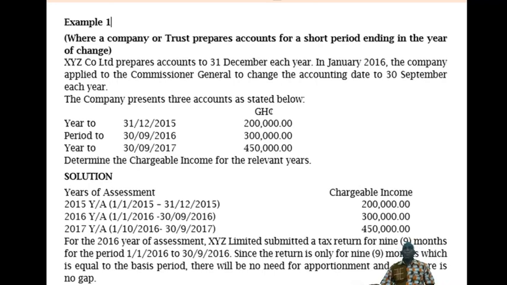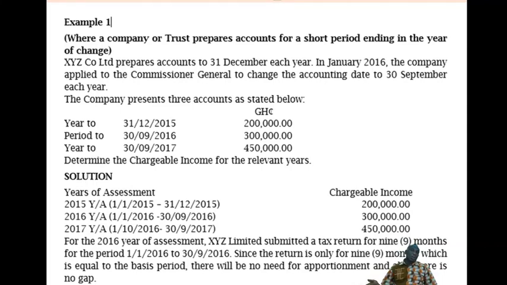Period 2. Period 2 there, it can be any period. Period 2 is not the basis period, no, it can be any period. Okay, but in this case, because the previous year was 31/12/15, the period 2 can be from 1st January 2016 to 30th September 2016. Because the period 2 should be to 30th September. So you are beginning from the year following to September, and that will be for 9 months.